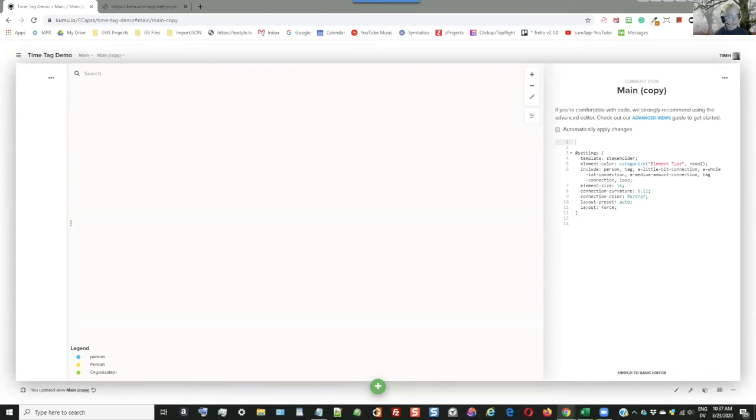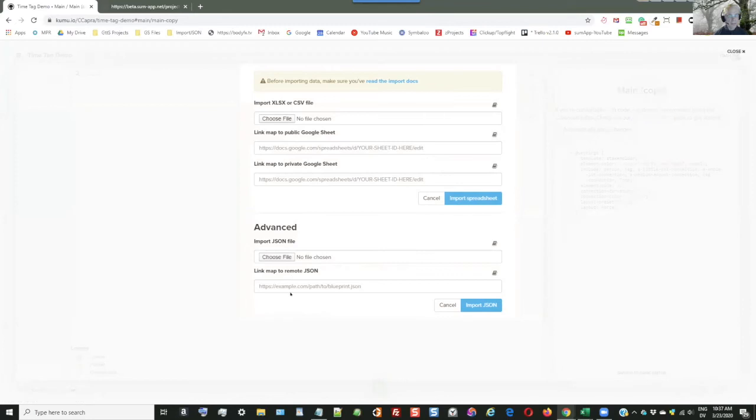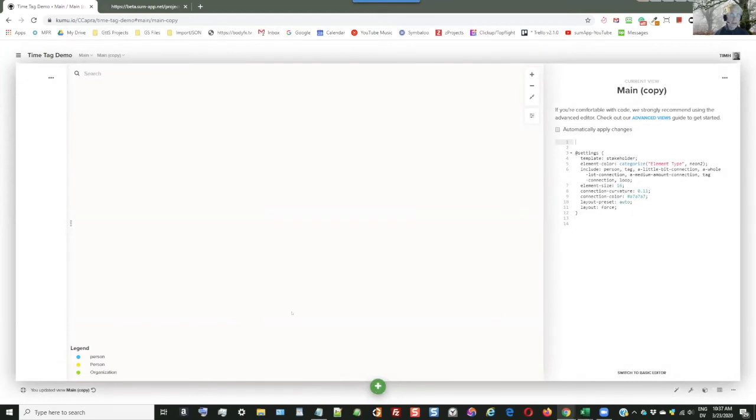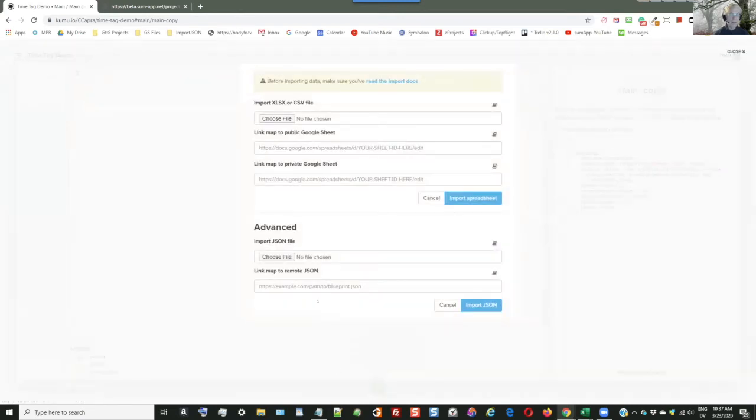So if you have a big network and a lot of people making connections, this file will be very large. And Kumu starts to get bogged down when you have too much data. To put a link in Kumu, you start your map, click the big green button, click import, and go to link map to a remote JSON. And you just paste that in there.